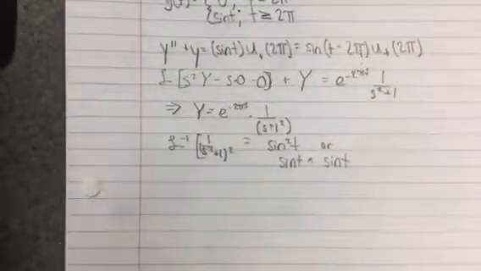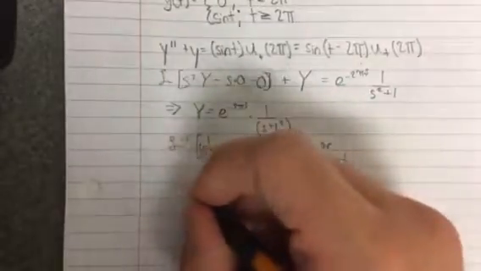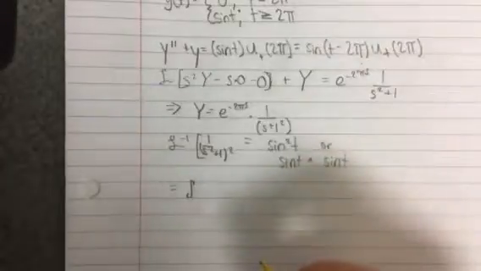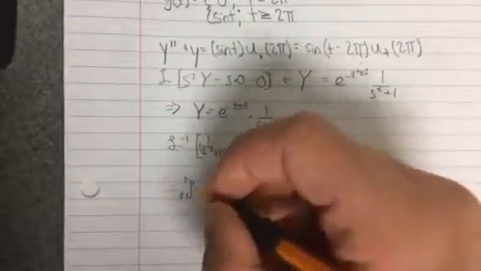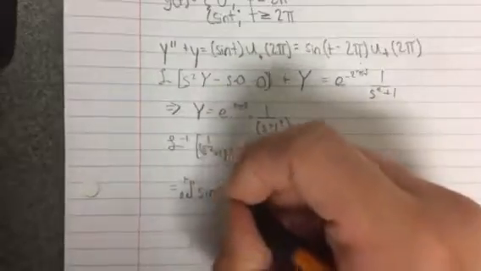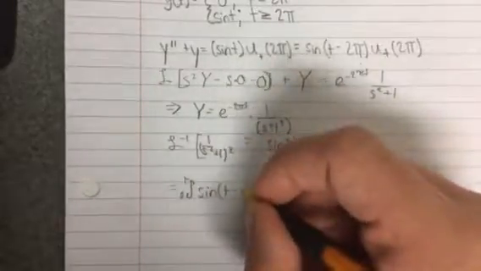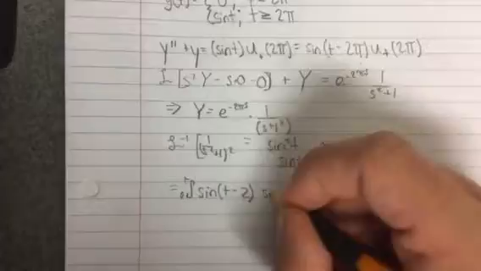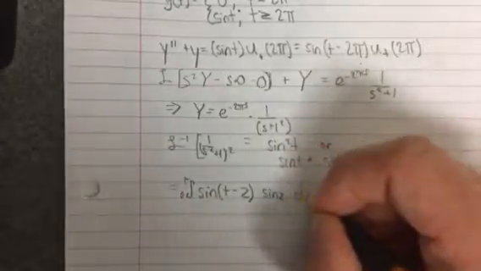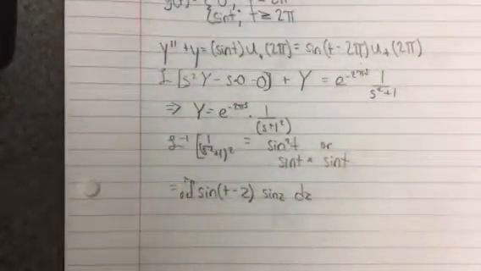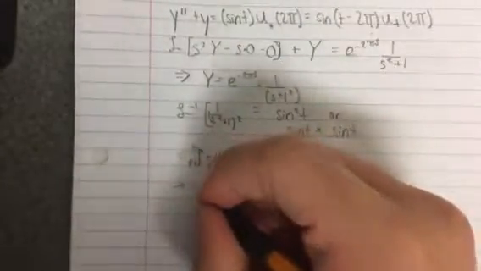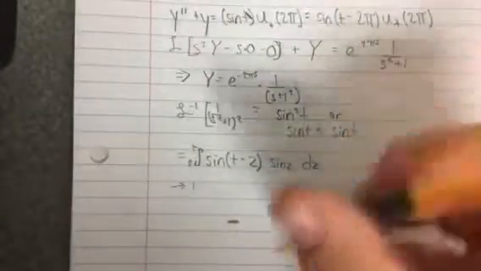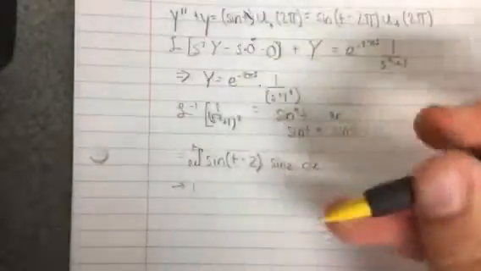Now that we know that, we can find our integration, and when we plug into our integration, of course, it's always going to be from 0 to t, but now we're going to have sine of t minus z, sine z dz, of course, to account for the convolution. We can further simplify that, and that gives us